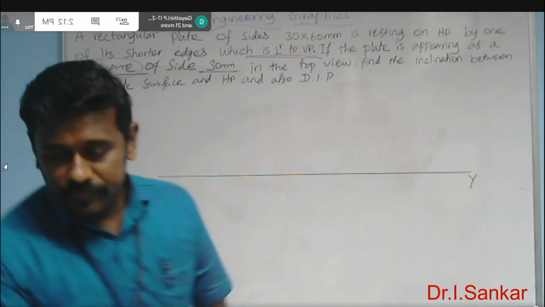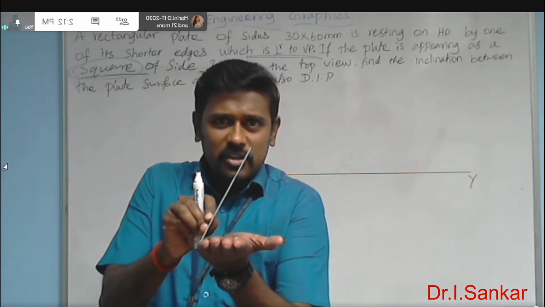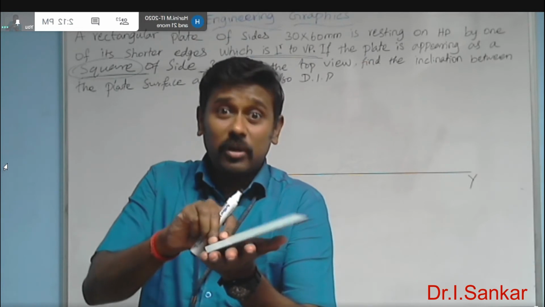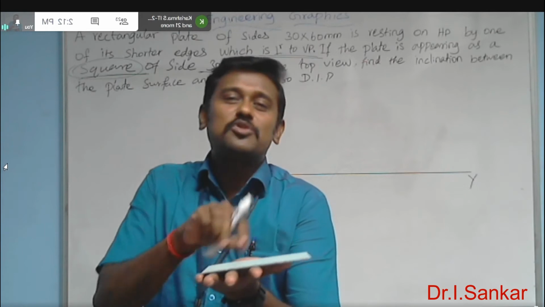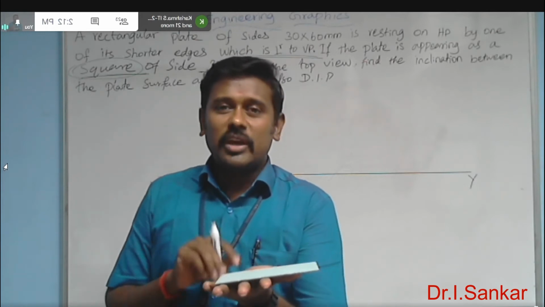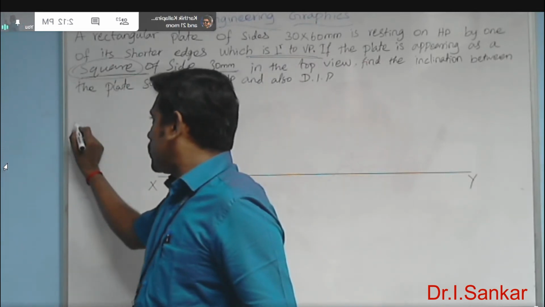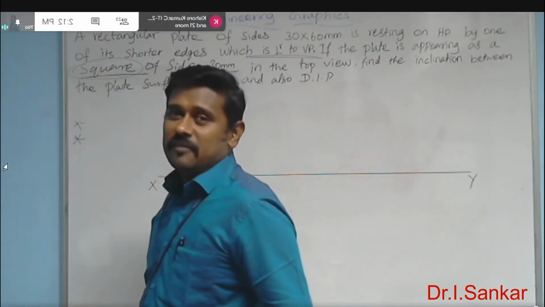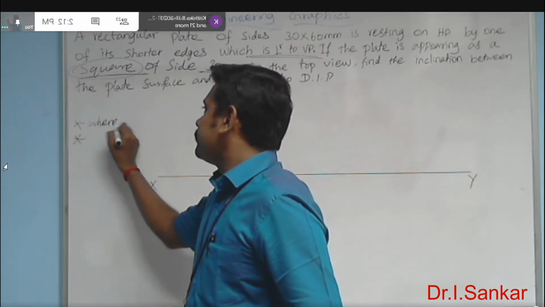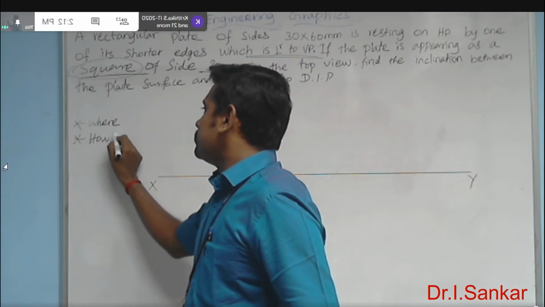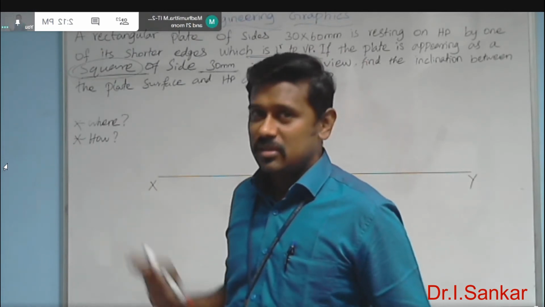After that, we just in our imagination rejected the angle of inclination with respect to HP as 0 degree, but we still don't know how much the angle is. Whatever it may be the value of the angle, it is now 0 degree. So in which view you can draw the rectangular base of the plate? Before that, what are the two checkpost questions? At first you need to ask of the environment, where should the base be found, and how should the base look like.